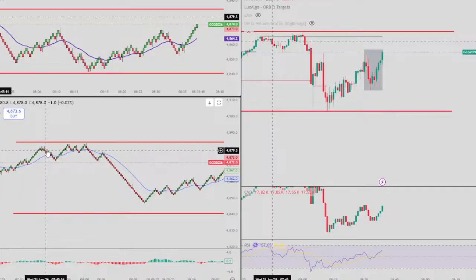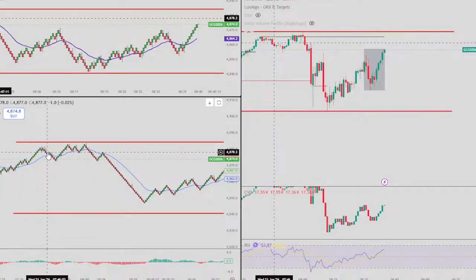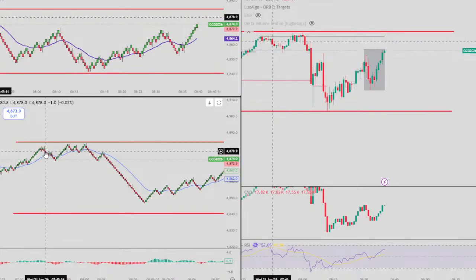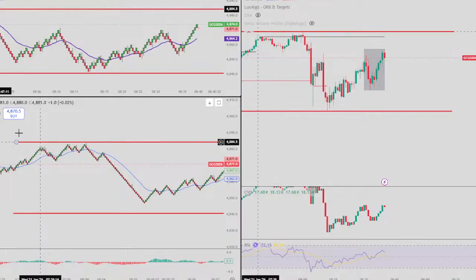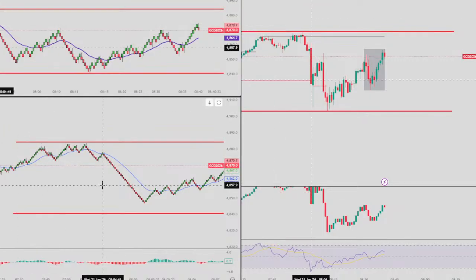And then it kind of chops around. But if you were on the 10 tick, you would have sold here and got a 30 tick stop. Yeah, might have got stopped out. But